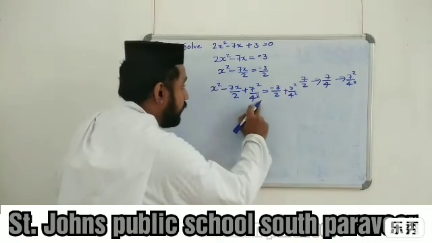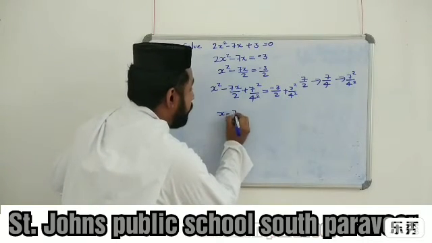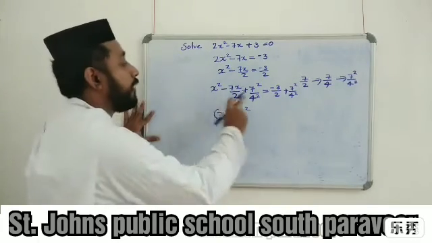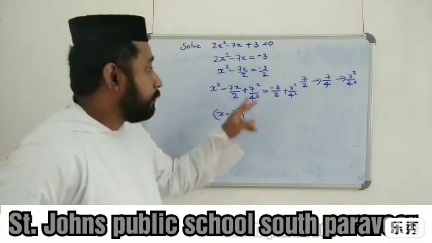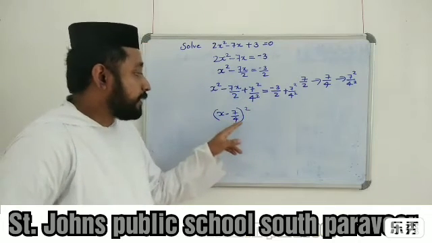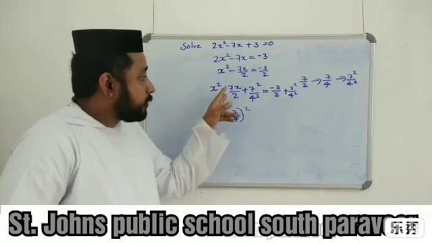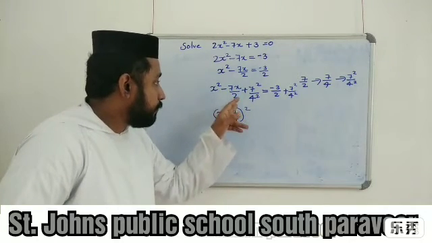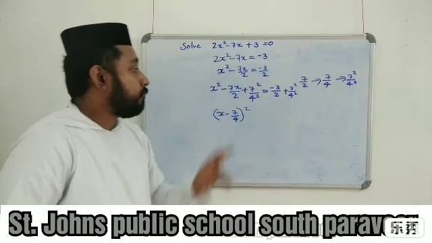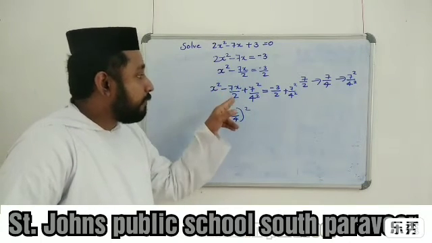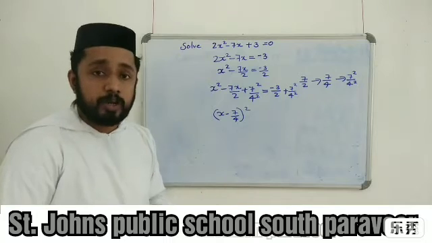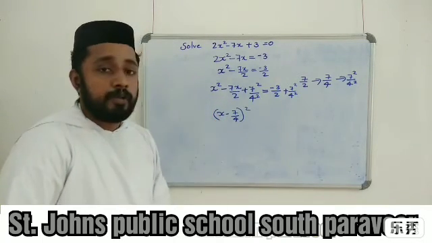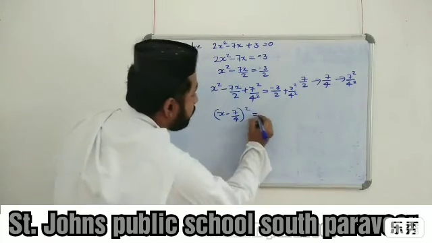So x square minus 7x by 2 plus 7 square by 4 square, I am going to write as (x minus 7 by 4) all square, because (a minus b) all square is equal to a square minus 2ab, that is 2 into x into 7 by 4. That is 2, 4 cancel, 7 by 2 x, plus b square, that is 7 square by 4 square. Therefore, x square minus 7x by 2 plus 7 square by 4 square in the form of (a minus b) all square, I wrote (x minus 7 by 4) all square, which is equal to,